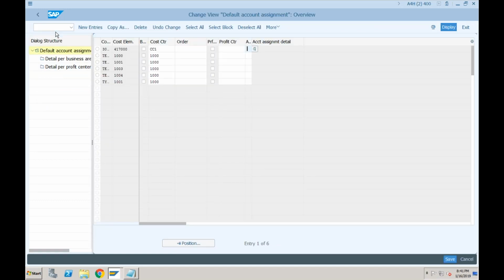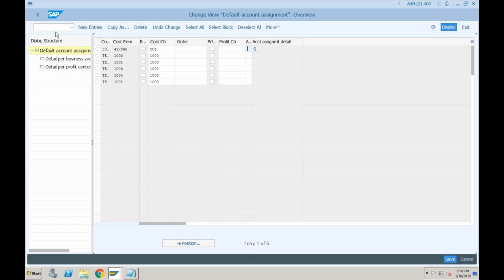So in ECC there were two options. Option number one, you provide this information in the cost element, or you provide this information in OKB9. Now, in SAP S/4HANA, there is only one place where you can maintain the default account assignments, and that is OKB9, because the earlier one is completely gone. Okay. Also, when you will be working on the conversion project means what?